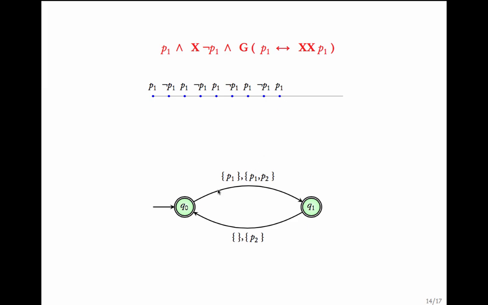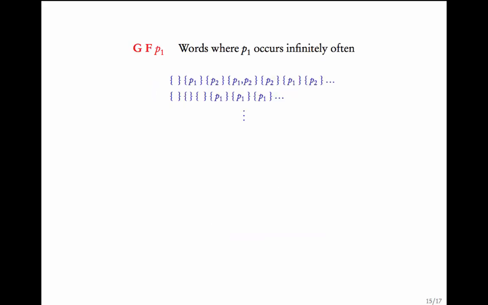Hence the automaton for this is, in the first time you read letters either P1 or P1 P2, and then you can read either the empty letter or the letter consisting of P2, and so on. You keep reading this and this will satisfy this formula. There are many words belonging to this automaton, and each of these words will satisfy the formula P1 and X of not P1 and G of P1 if and only if XX P1. Next example,